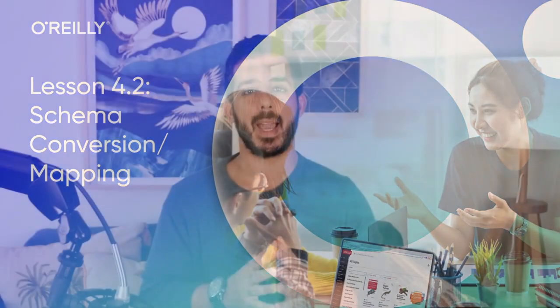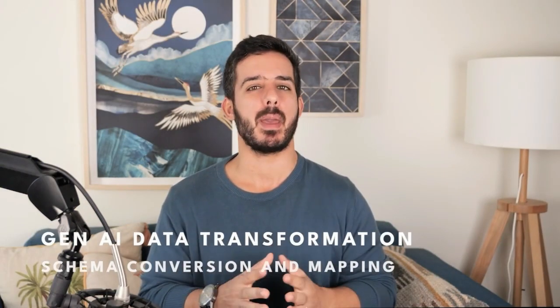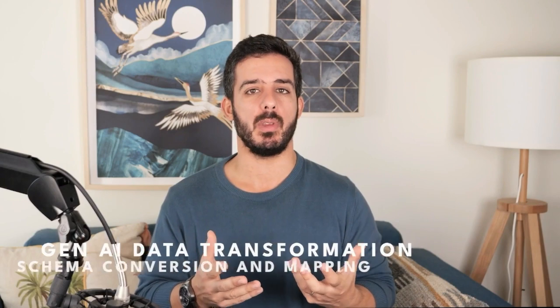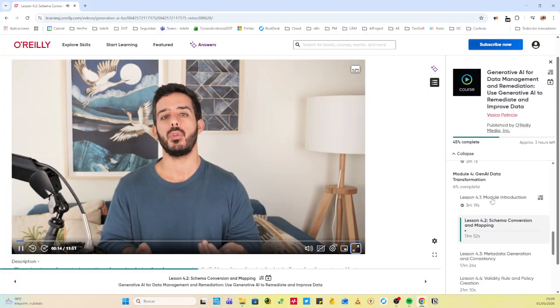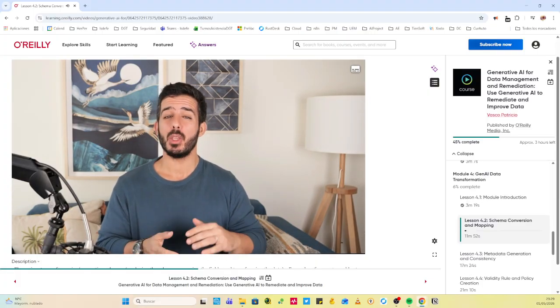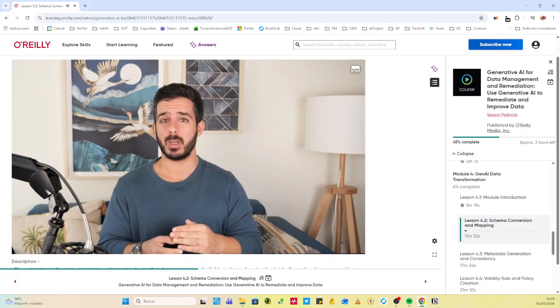Let's talk about using GenAI to help you with converting schemas and mapping fields. This is the traditional use case, if you will, when you are transforming datasets. You have a source schema, you have a target schema, and you need to map the fields between both so that you can perform the data conversion. But in certain cases, you don't know the source schema, you may not know the target schema, and you then